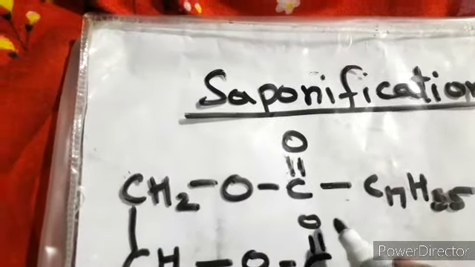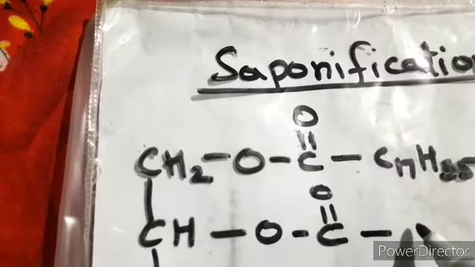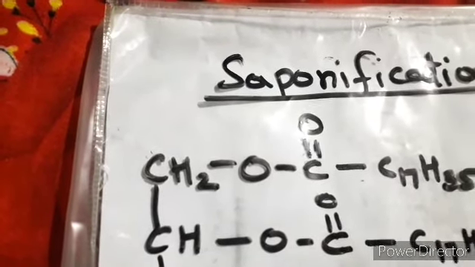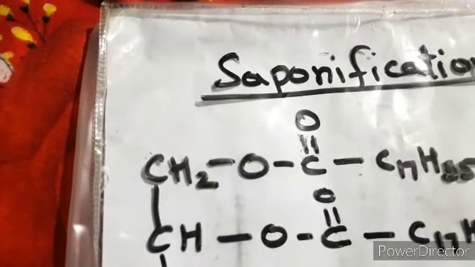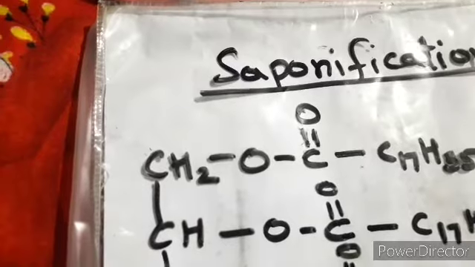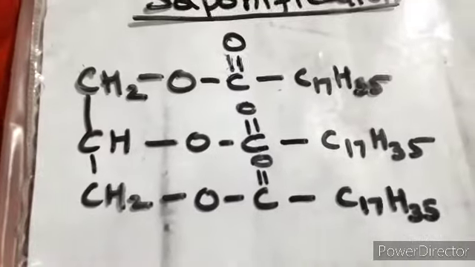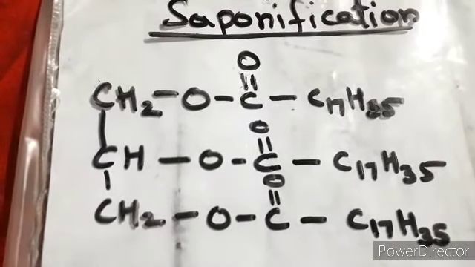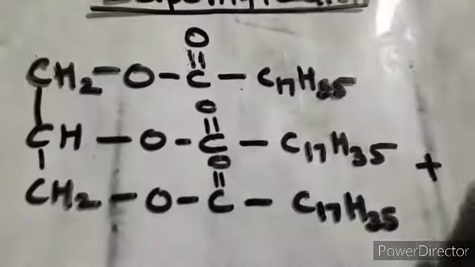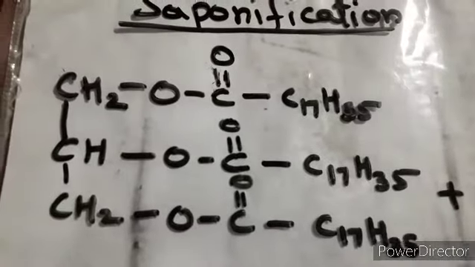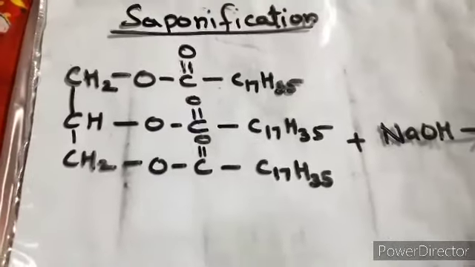Carbon, then oxygen is attached with the double bond, and again it is bonded with a single bond, then C17H35. In the same way you can write over here O and C, double bond O, single bond C17H35, right? So what I said, this is a fat and this is a glyceryl ester of stearic acid. It reacts with NaOH. Let's write down NaOH, then we'll balance it. Then what is the outcome when it reacts with NaOH?